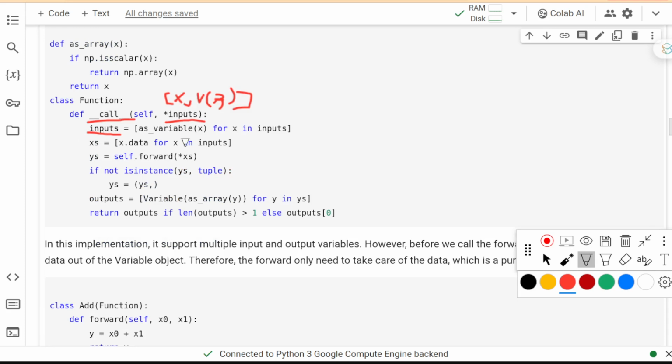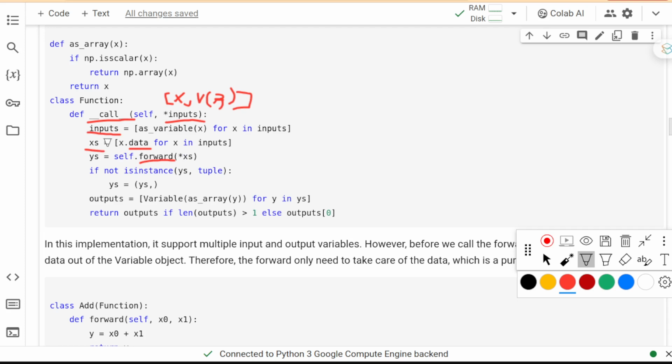So then we check every element in the inputs, get its data, which is the value of this variable object, and put it in the array. So this XS will be put into the argument of the forward function. We will use this to call the forward function. You may notice the star here.